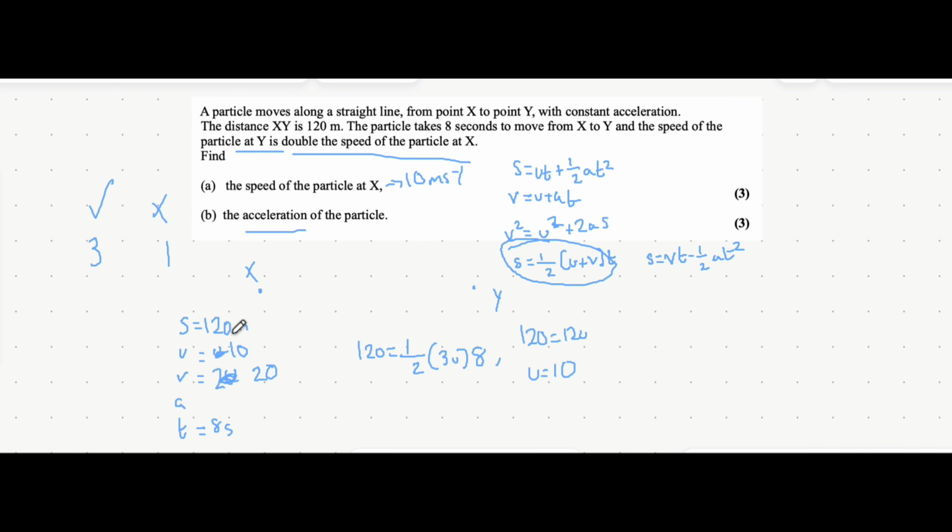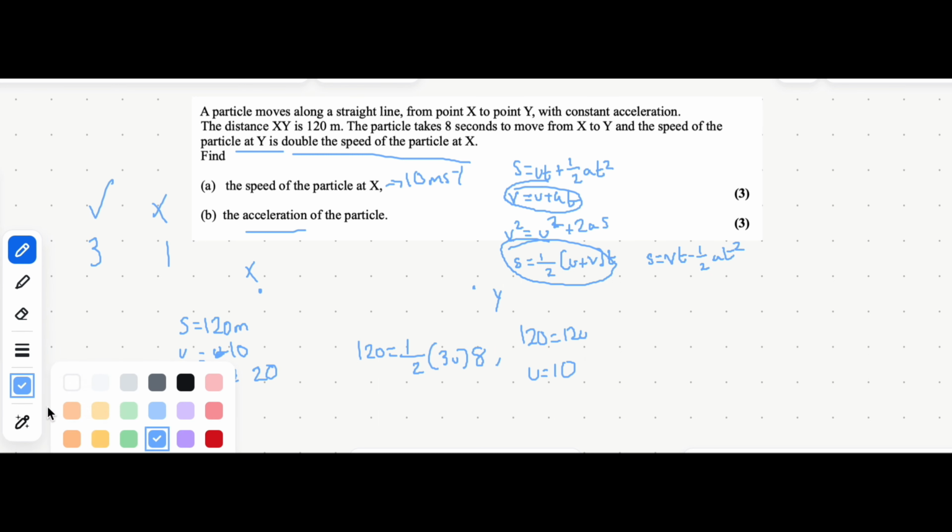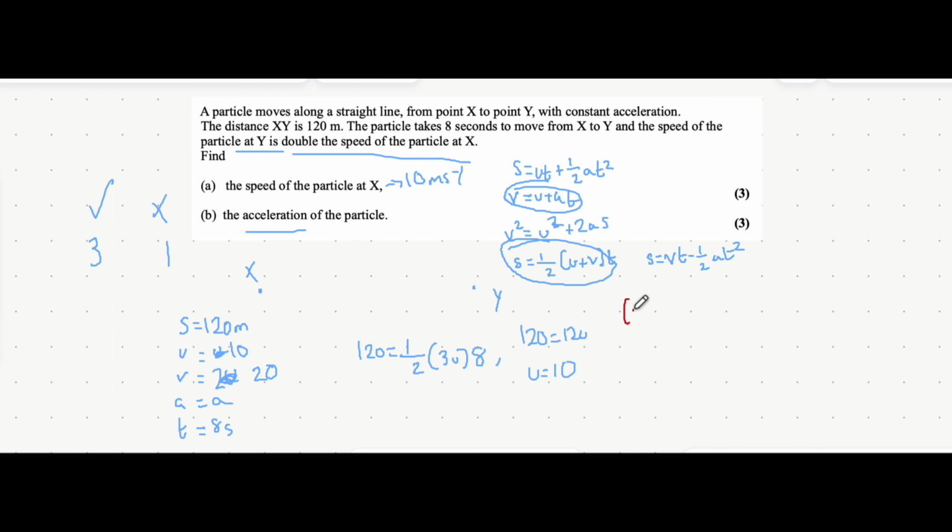And lastly, the acceleration of the particle in part b. Well, now that we've got all the variables, we can literally pick any equation that has a involved, because we want to find a. Let's pick this one because it looks the easiest. I'm just going to do it in a different color pen so you don't get confused, but let's do part b here. So v, which is 20, is equal to u, which is 10, plus a, which we're trying to